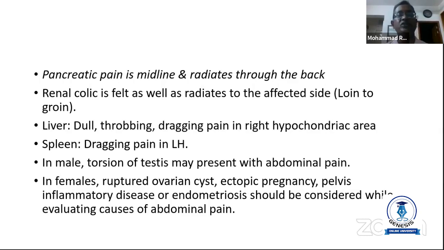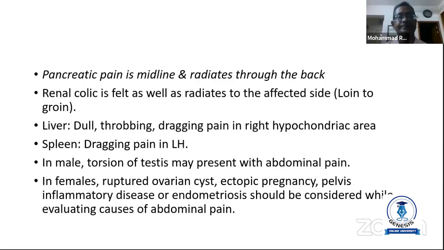Pelvic inflammatory disease, endometriosis. In Rajshahi Medical College, we found a case. The patient was an unmarried young lady with acute abdominal pain. We didn't think of ectopic pregnancy. Eventually, we evaluated again why the patient had such severe pain, and we could not find the cause. Then we took a heroic decision to put an injection needle in the abdomen, and we aspirated blood from the abdomen. Instantly, we found that this was a case of ectopic pregnancy. Then we reviewed the history again, and she gave us the history of